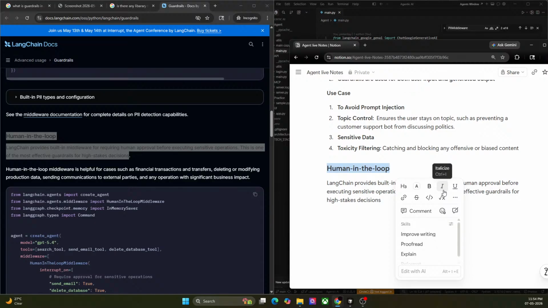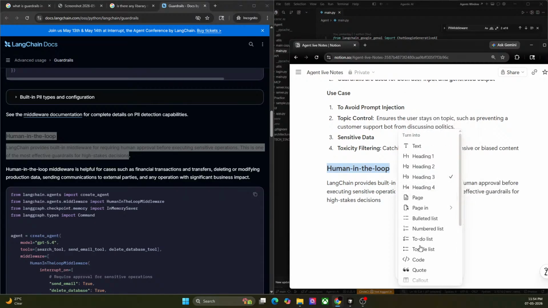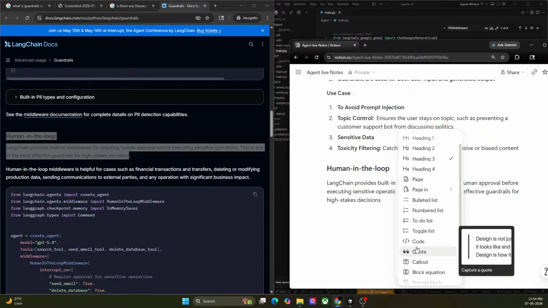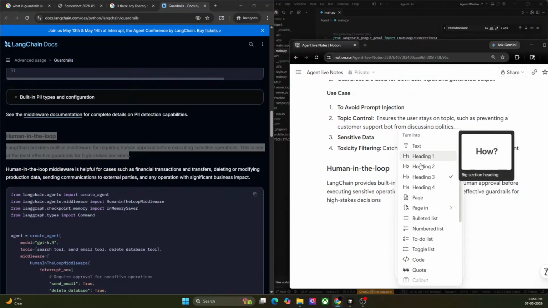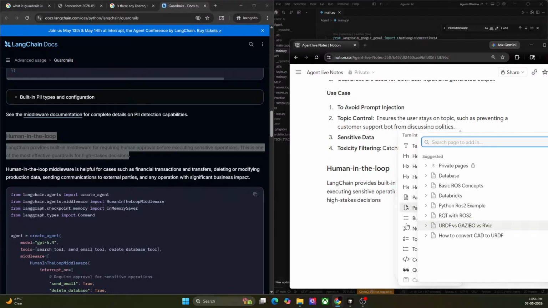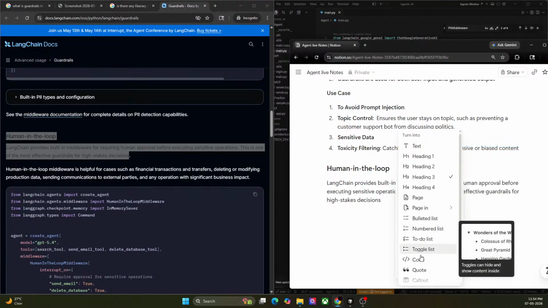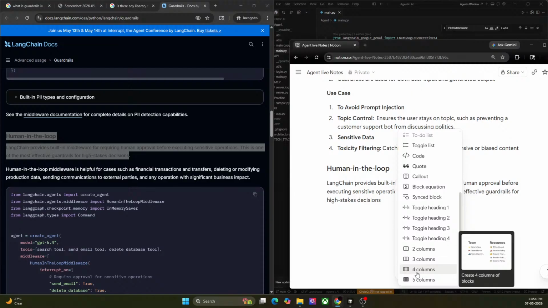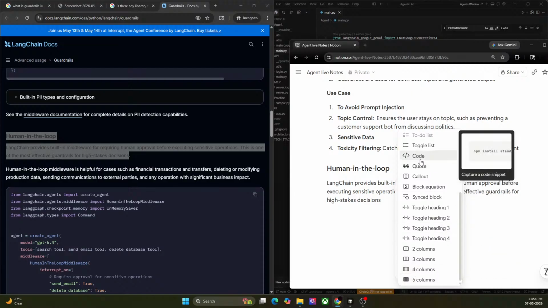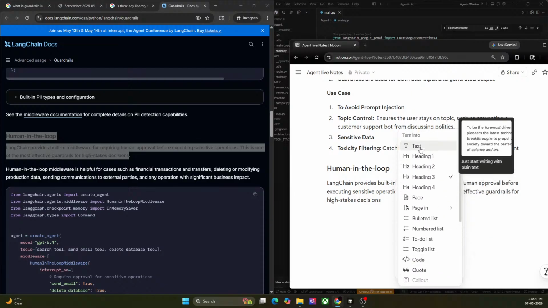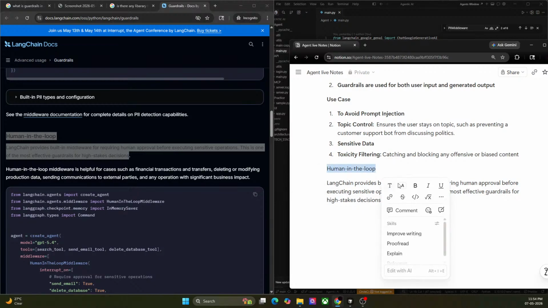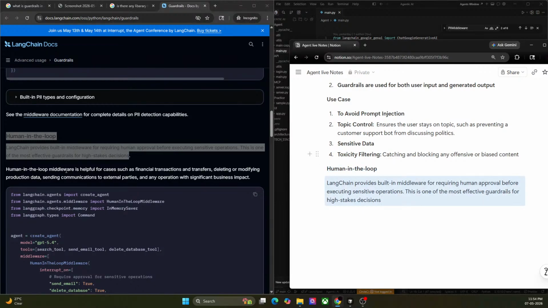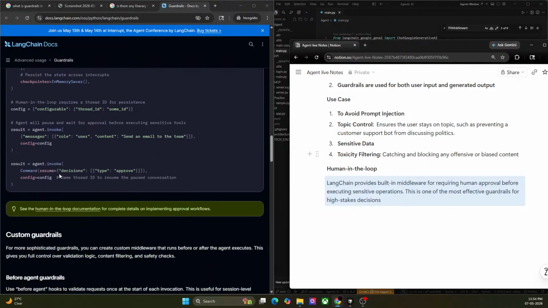Uh, how can I keep it small? It's H3, right? It has to be paragraph. Uh, page in bullet one number code columns. Fine. Text, just text. Okay, human in the loop. Fine. Let's keep it bold. Okay, human in the loop. Then